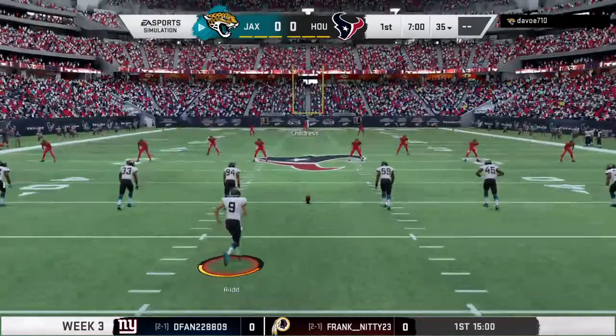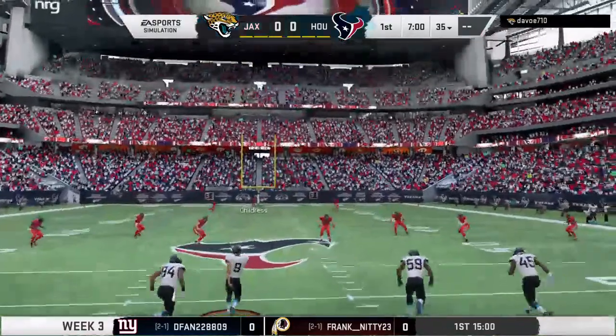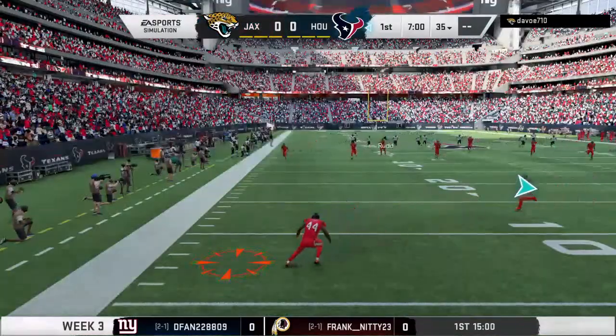The children will grow. It's the final weekend of summer, but we've got the NFL, and we're underway on EA